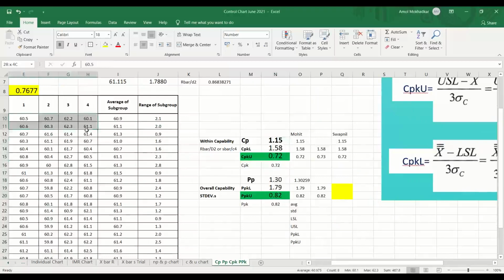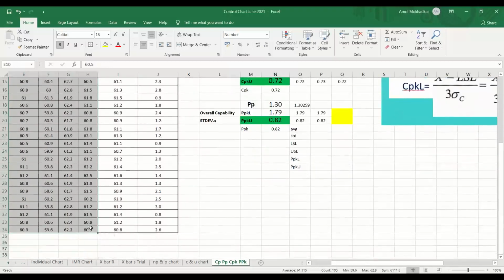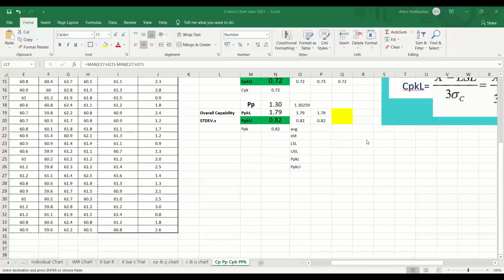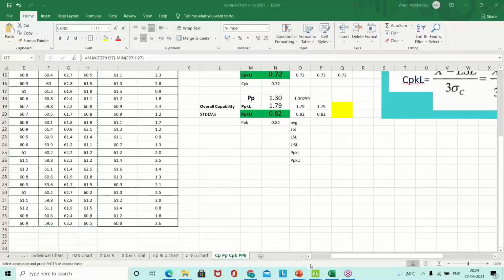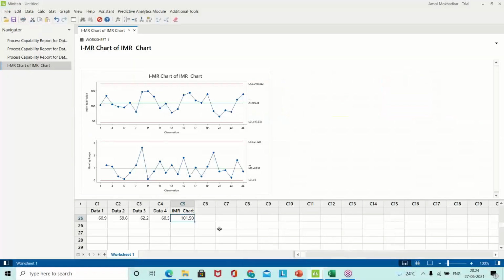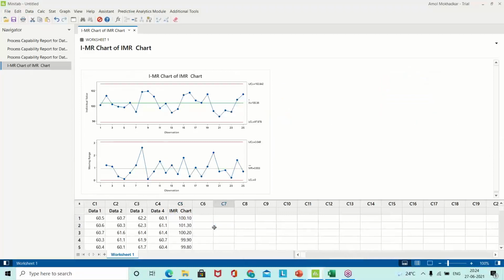I have copied all this data, or I can copy this data and enter it into Minitab. This is the license version. I have a trial version right now. Oh, sorry. That's why I can use it. Let me show you the screen directly. So whatever screen I open, you will get to see. Now you see this Minitab software. Is it visible to you?